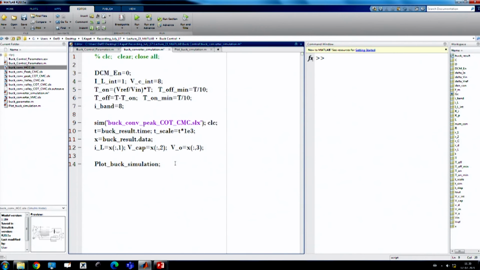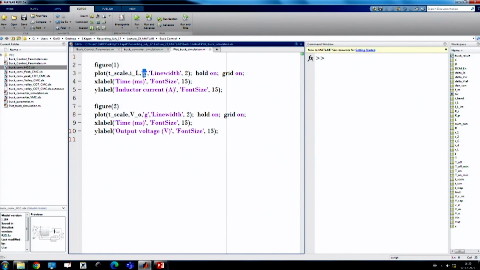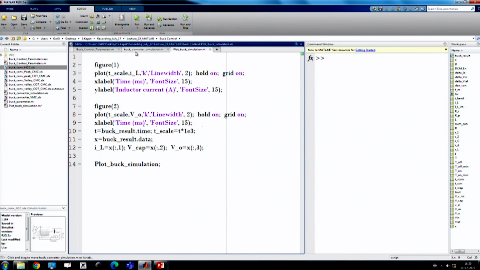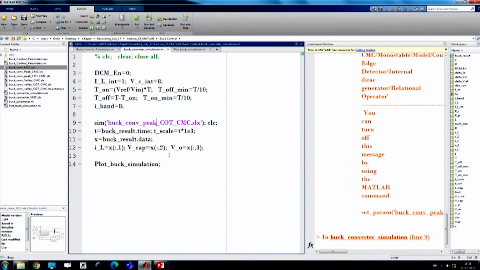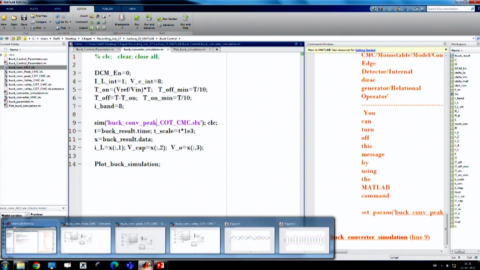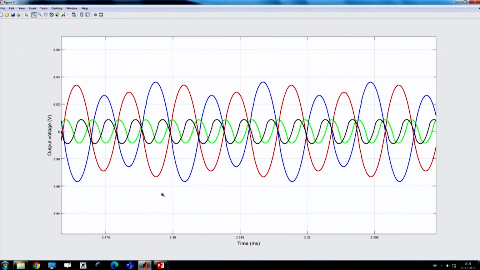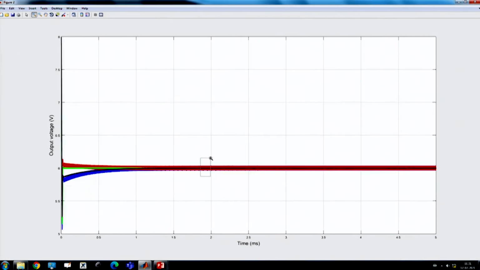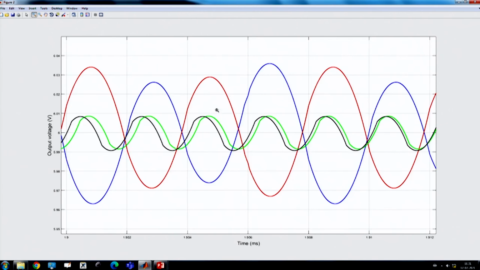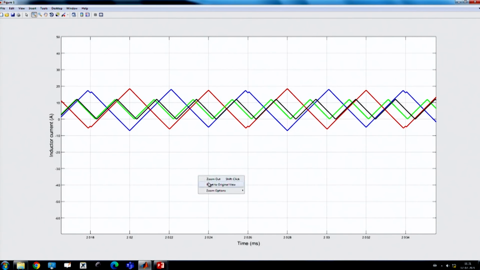So, peak, and if I use a black color, this is the last one to compare, and hysteresis is of course stable, there is no question of instability. Then the last one will show that constant off time is also stable, perfectly stable, there is absolutely no problem. Yeah, so this is showing the constant off time control. So, constant off time control, they are perfectly stable, and if you go to the current waveform, they are stable,